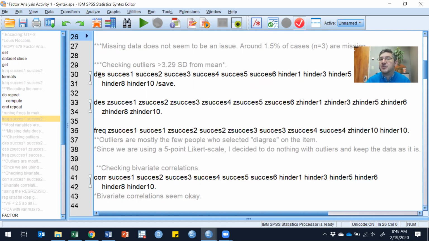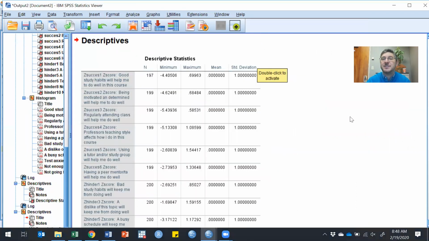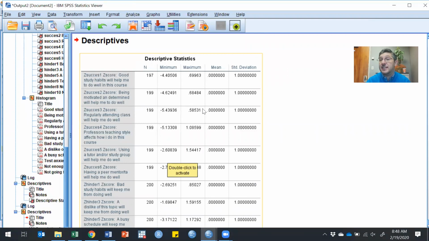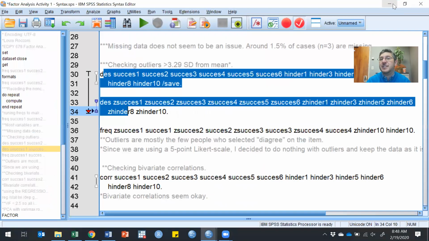To do that, you basically just run descriptives on your items with the /save subcommand, and then it puts in a new variable in the data set with the same variable name with a Z in front of it. And you can see, so you look at the minimum and maximum values here. So we have several minimum values that may be extreme cases, but you can see that these are mainly people who said strongly disagree on those